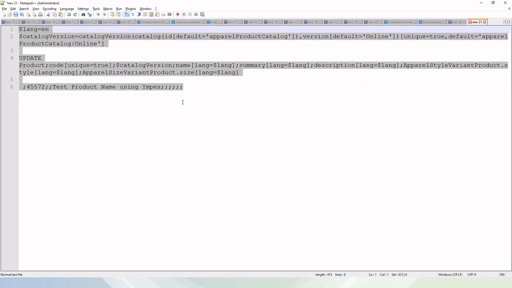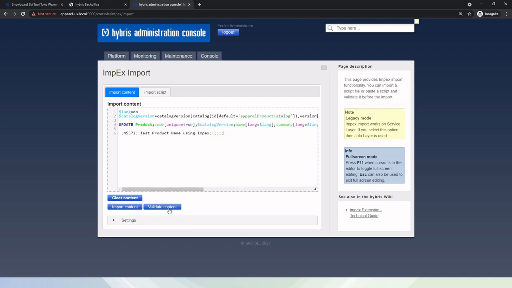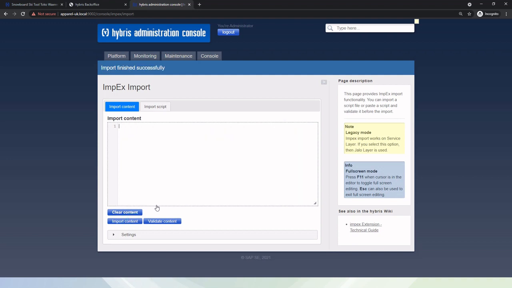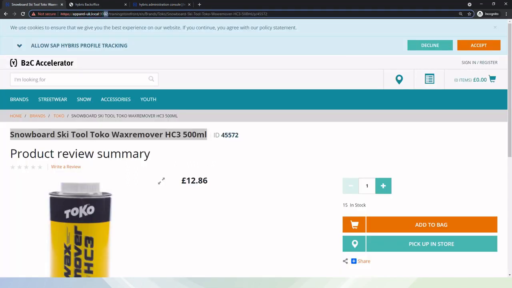Let's copy this, go to HAC, copy this Impex, validate it, and click on import content. Here we can see that import finished successfully. Now let's go to the storefront and refresh this page.